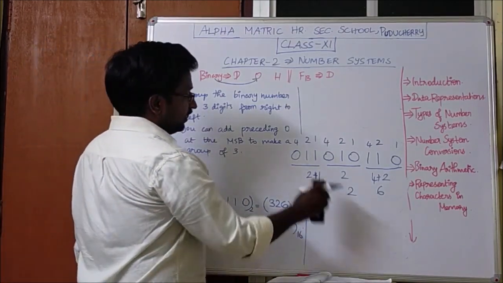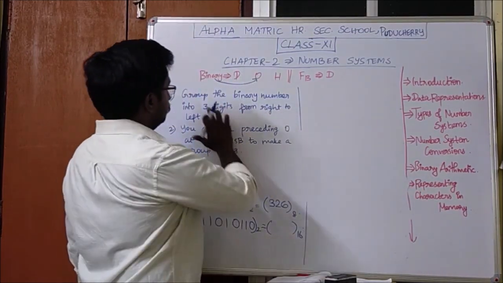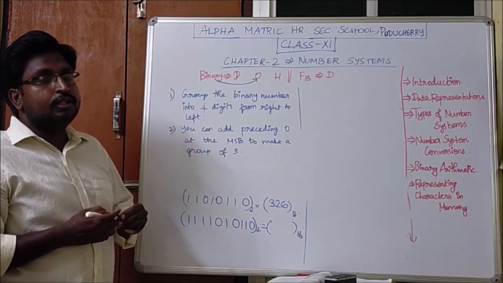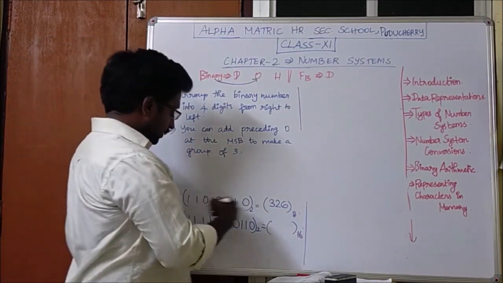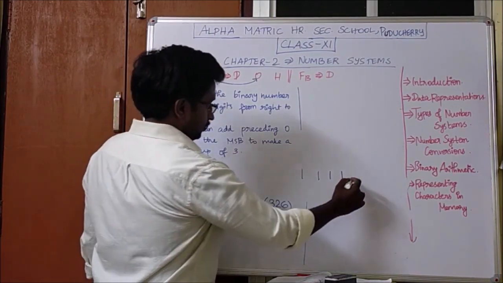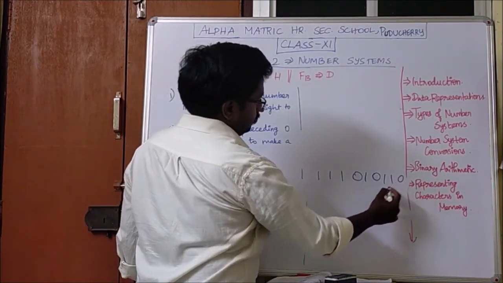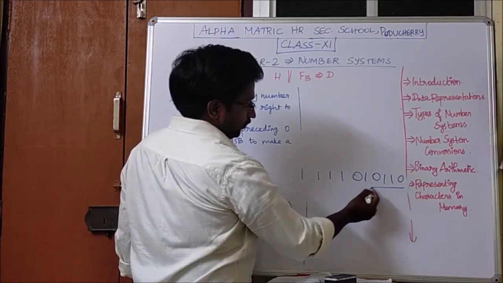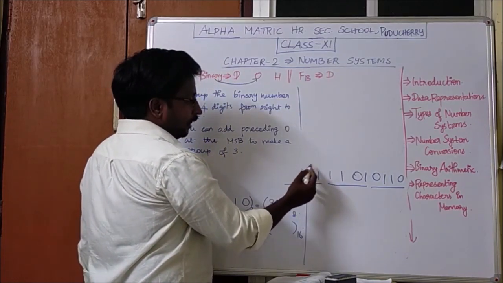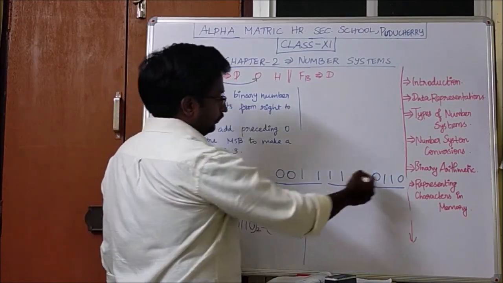So next, binary to hexadecimal, a slight change in the grouping. So here you have to group 4 digits. Instead of 3, you have to group 4 digits. Remaining are the same. So here you see, from right to left only. And here you can see I have got 2 digits, so I am just matching it by adding 2 zeros.